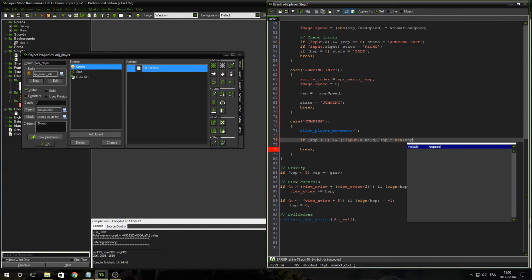The max function chooses the max value between all the values you put in. So it's going to check for the max between the actual VSP we have and minus jump speed